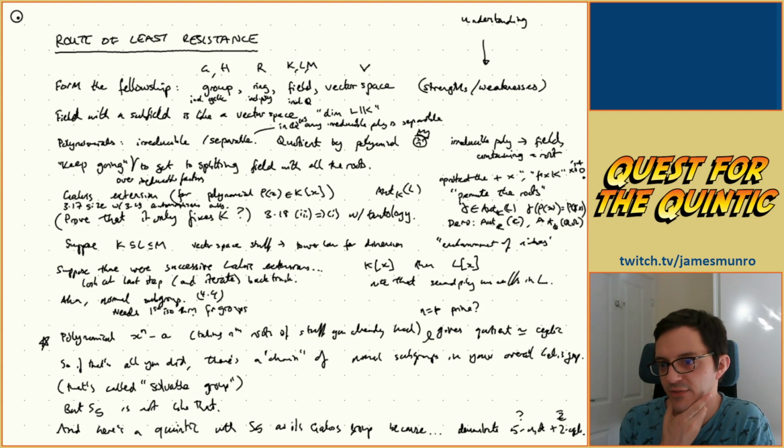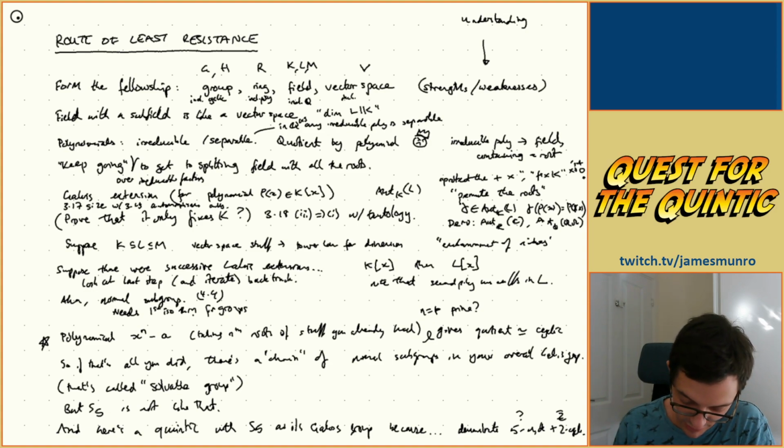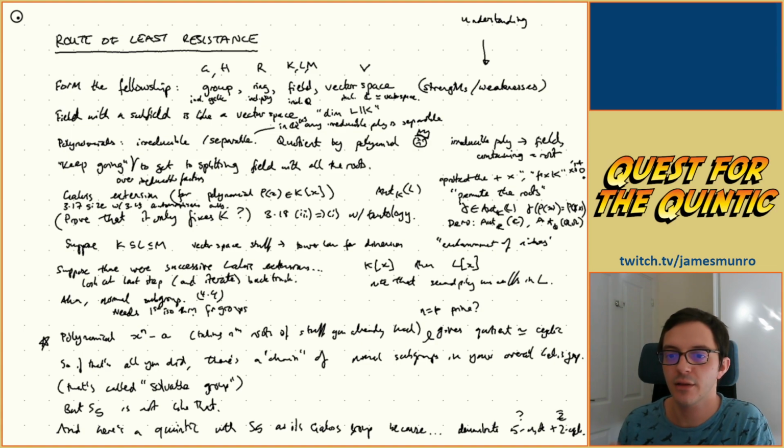A field with a subfield is like a vector space, so maybe your example here has to include C being like a vector space. It's isomorphic to a vector space. But we should do some other ones as well over there. Okay, demonstrate that a field with a subfield is like a vector space because you do nice stuff. And then talk about